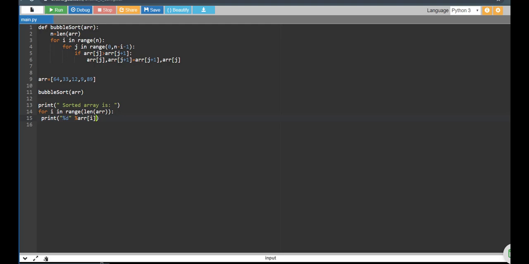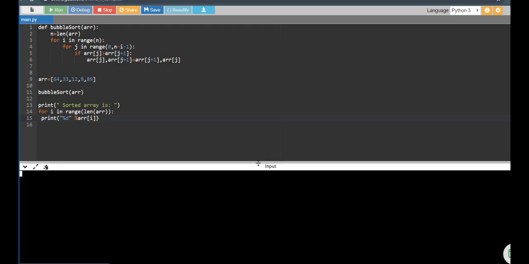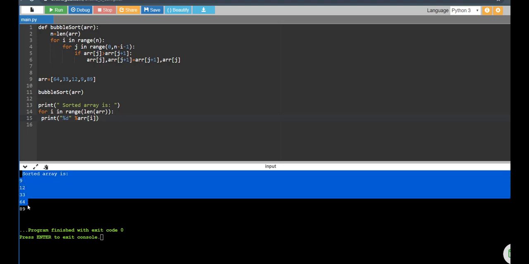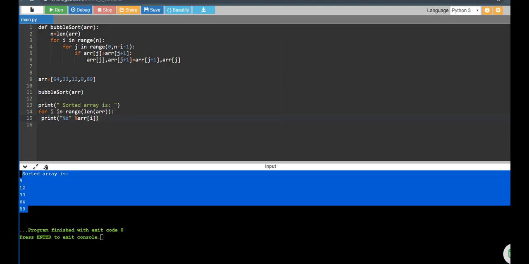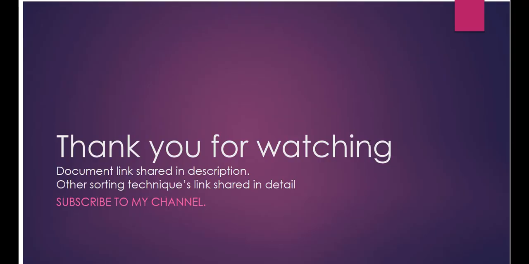Okay. Now let's run our program. Here we can see the output. We got the array which is in sorted order. And here we are done with the implementation of bubble sort using Python code. I hope this video will clear all your doubts regarding bubble sort.